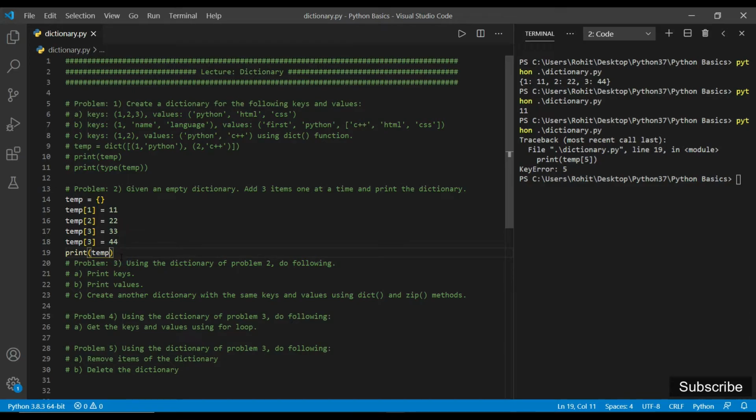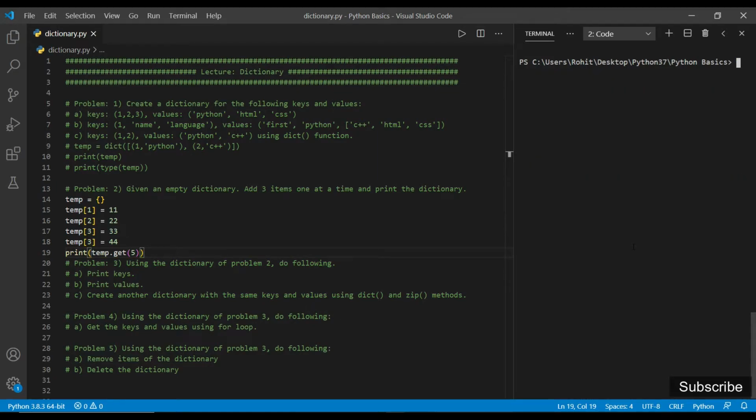We can write temp.get, and if we write 5 here, then it will not throw an error; since the key 5 has no value, we are getting None here. Okay, so like this we can add items and print them.